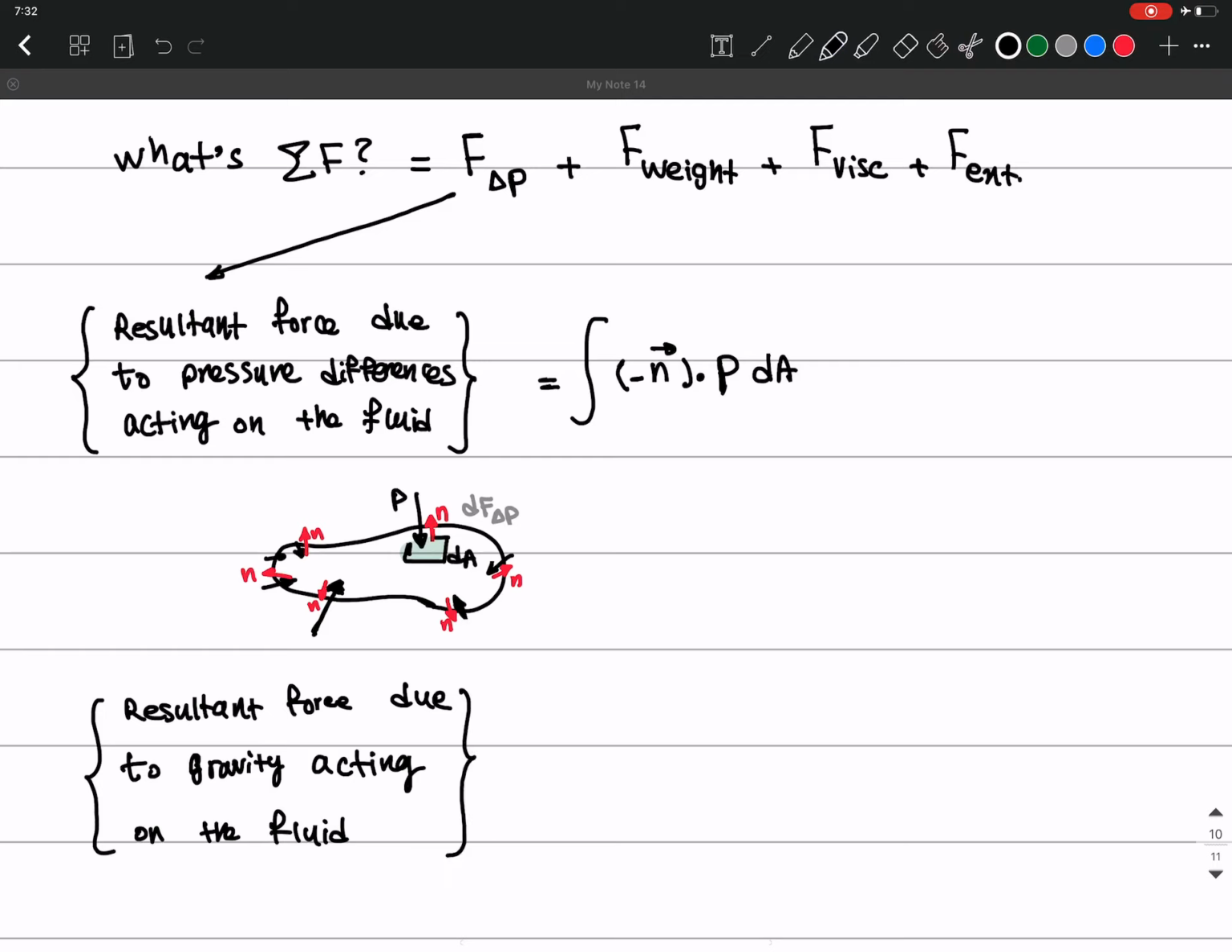The second component. For this, we just need to calculate the total mass and multiply it by g, gravitational acceleration, sorry. So here, say we have a small element which has a volume dV, and in order to calculate the gravity force on this,